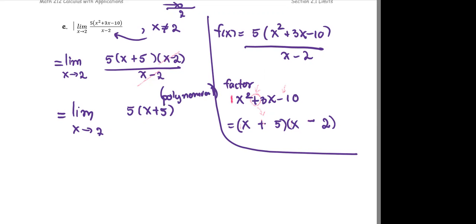Once you get down to polynomial form, use the concept of the limit of a polynomial. You plug the value in directly, and then you get the answer. It's going to be 5 multiplied by 7, so the answer is 35. Okay,